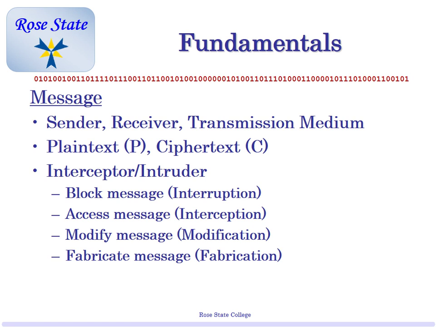Okay, so fundamentals: we have a sender, a receiver, and some sort of media. We're going to be using this stuff all semester. Plain text is stuff I can read, like a book. Ciphertext is text that's been jumbled up, mixed up. We're going to use that throughout the semester as well. Then we could have intruders and interceptors. They could interrupt, intercept, modify, fabricate, all that stuff we've already heard. You've learned all that already. Nothing new there.